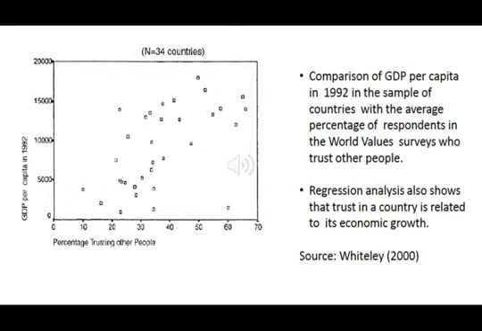And as you can see from this scatter plot, there looks like a positive relationship between the GDP per capita and the level of trust. So the higher the percentage of people who trust each other, the higher the GDP per capita in the country,